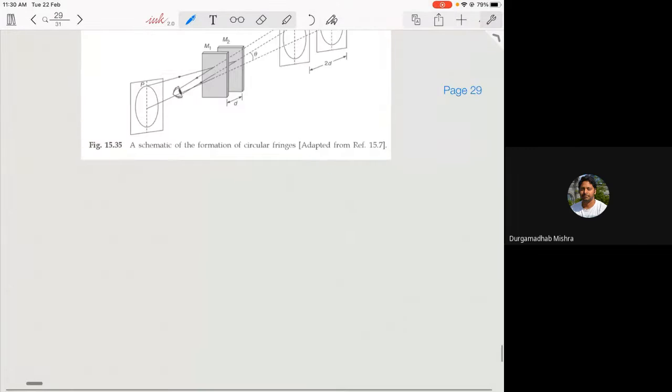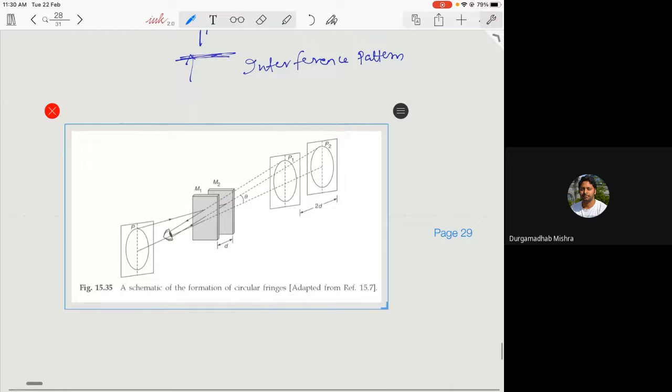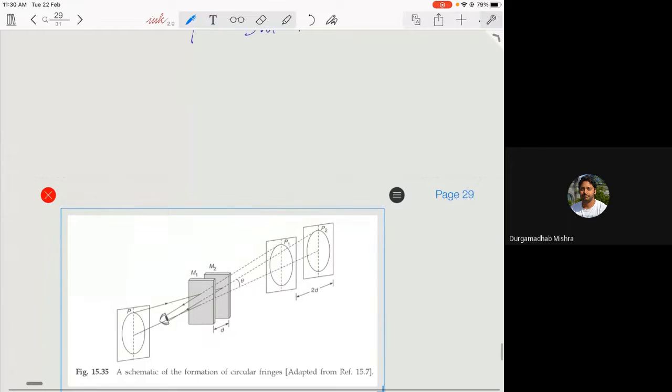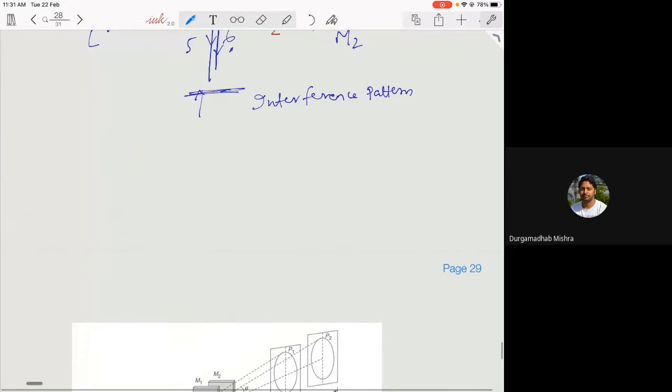Yeah. So this is a representation of that here from the book from Ghatak. It's a schematic representation of that, and the interference pattern, which typically you will observe as circular fringe patterns. Okay, and the condition for the interference pattern is, again, we know the path difference, and this will be your constructive,